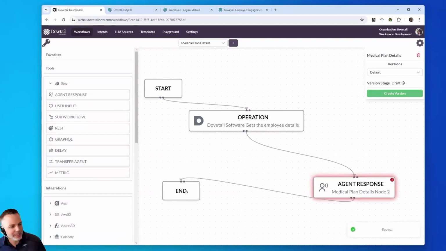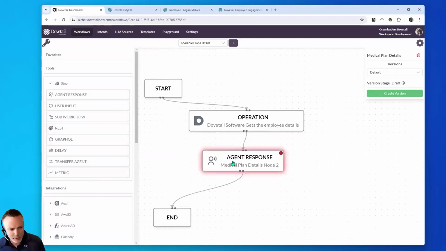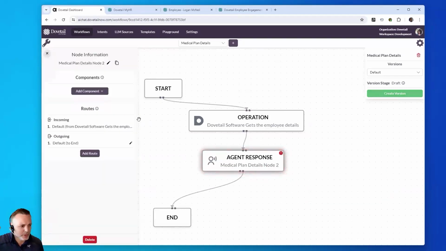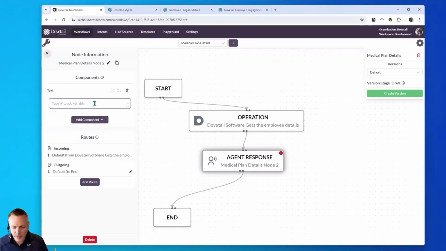So here I'm connecting an operation now with an agent response. Just think of this as a normal flowchart. So it starts, go get some data from Dovetail, then respond back to the employee or the requester with that data. So when I got the data from Dovetail, I stored it in a variable that you can then reuse